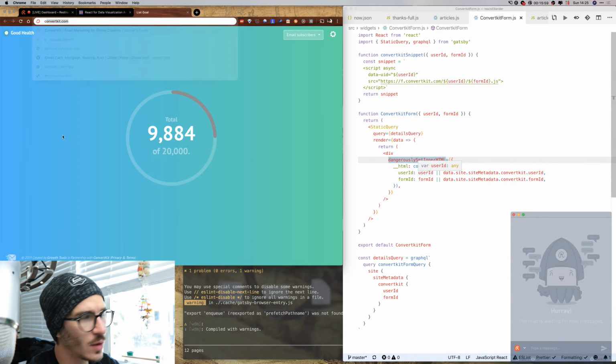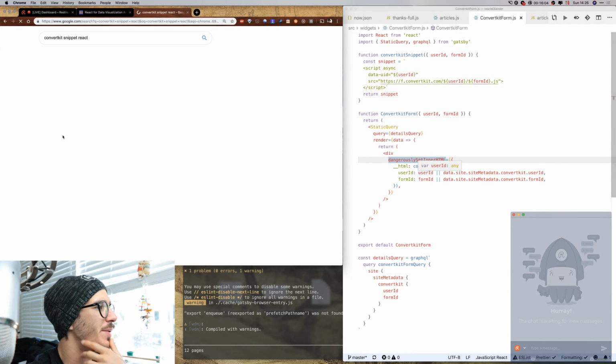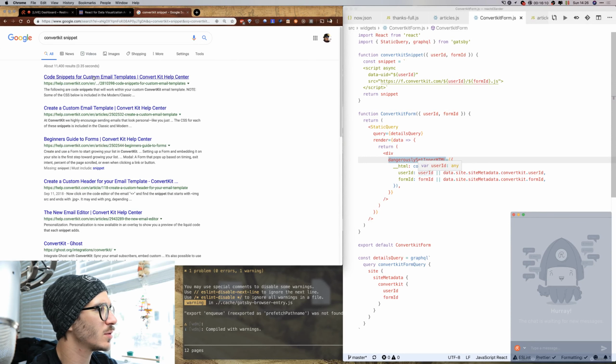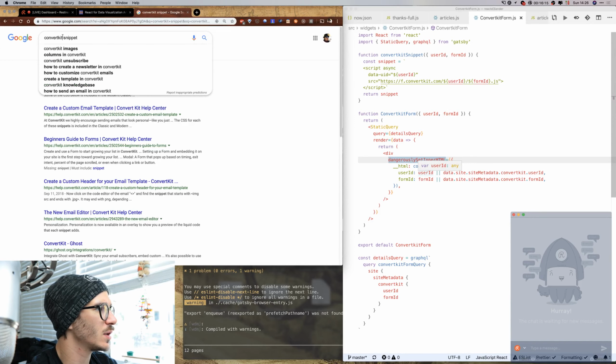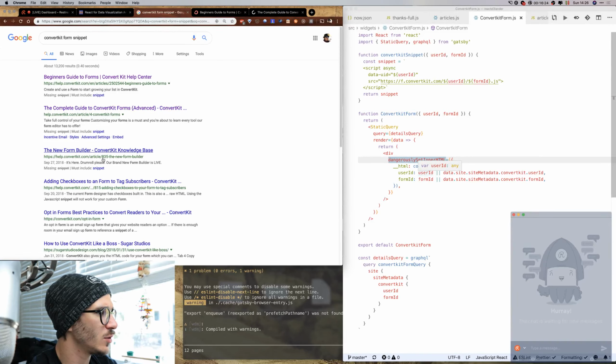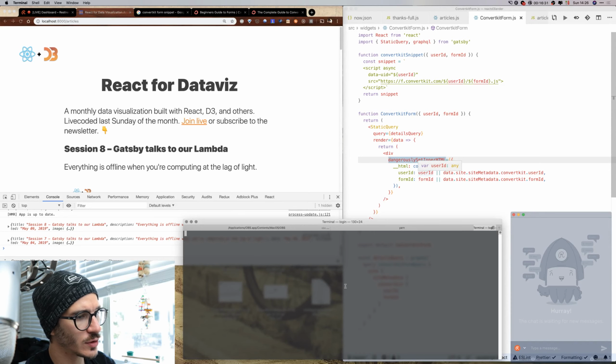Let's see. ConvertKit snippet React. That was ConvertKit snippet, code snippets for custom email templates. Create ConvertKit form snippet. Actually, you know what? I'm going to try the Beginner's Guide to Forms. Okay, ConvertKit Forms Advanced, the new form builder. Okay. So what else can I do? I can also